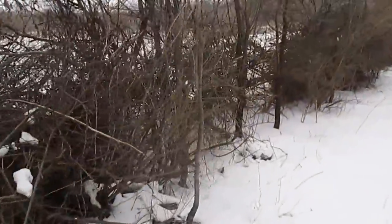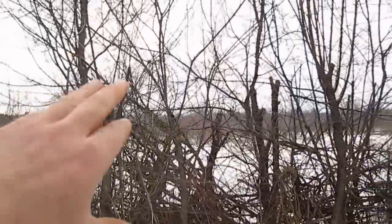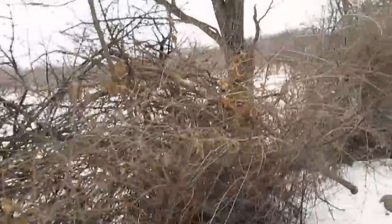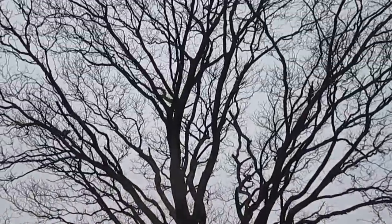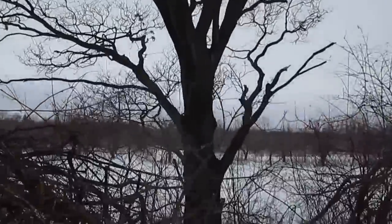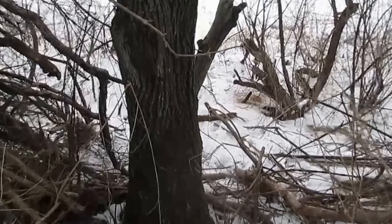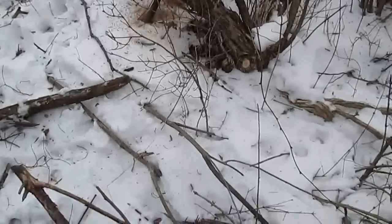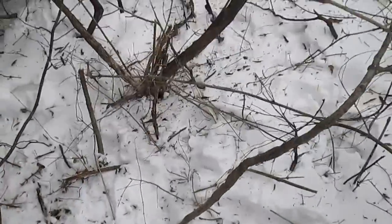to show you basically the species matrix that was in here. It's basically all European buckthorn, Japanese honeysuckle bush, but then there are these beauties like this serviceberry, one of the nicest ones I've ever seen. First thing to flower on the property. And so by doing this pruning and weaving work, I'm supporting these keystone standard species, the bigger ones. And let me just push my way through here. And suppressing the stuff that would